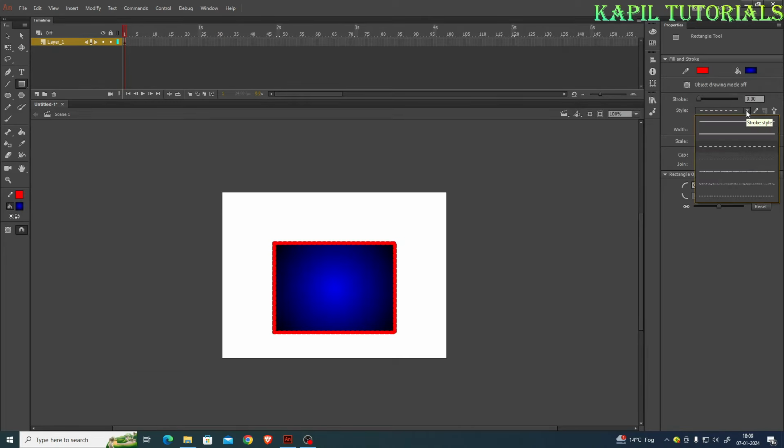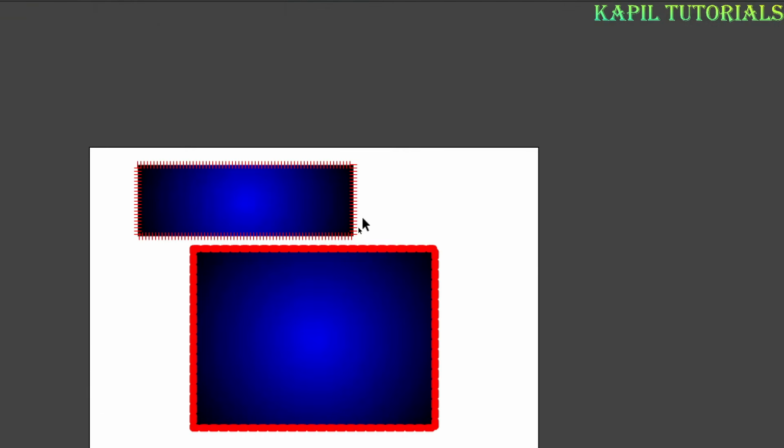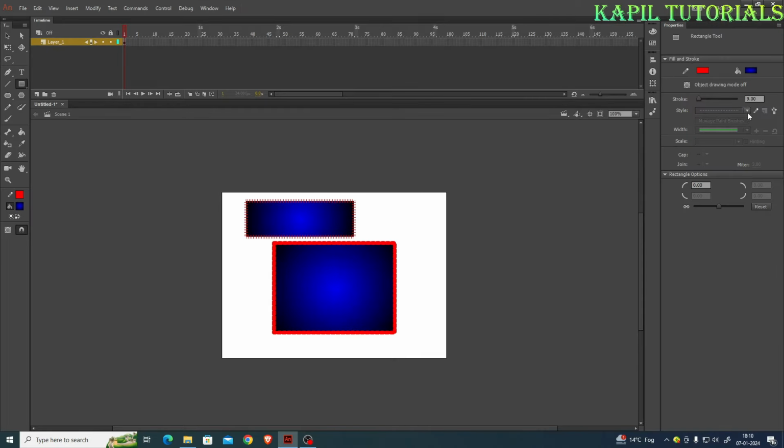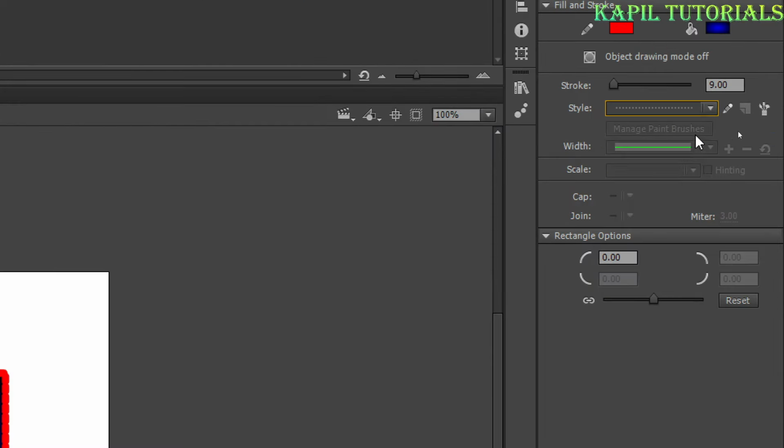Now here I can select some other. You could see the different stroke styles, and from here I am selecting different styles. Now width also is one option. If I select it,